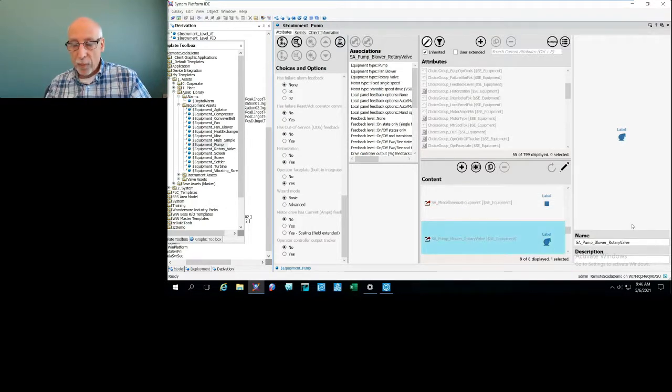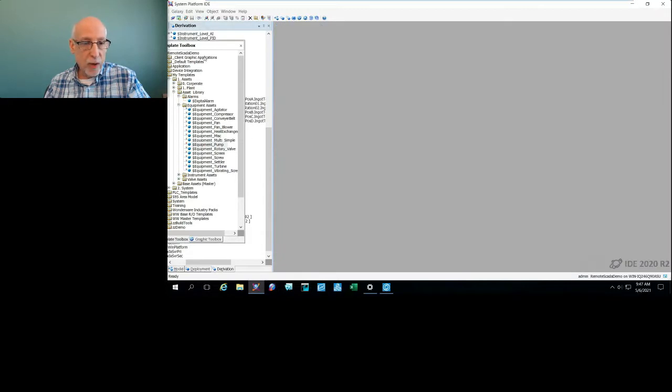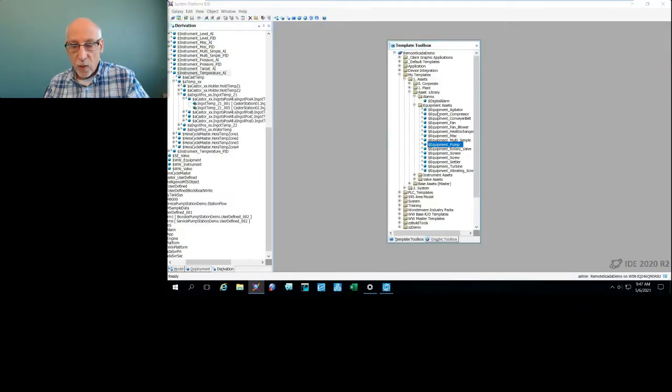So this is already pre-wired, so when you click on that asset in your development environment, you'll see that information, and it's automatically pre-wired to this asset. And I'll show you some of these when we go to the live mode. So that's an example of a pump asset, or an equipment asset. So if I go down to my instrument assets,